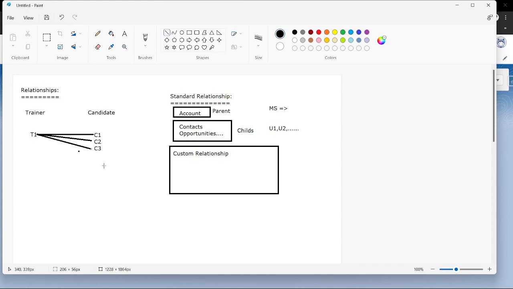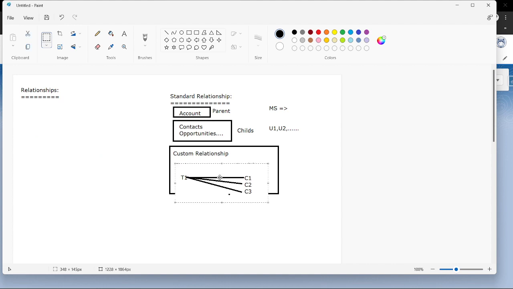Okay, so this is how we can establish the relationship between the two objects. And now we'll see how we can create those relationships. Okay, so we have two objects, and for example, we can take one trainer and then multiple candidates. We have some other scenarios also, but this scenario is only one trainer and multiple candidates can